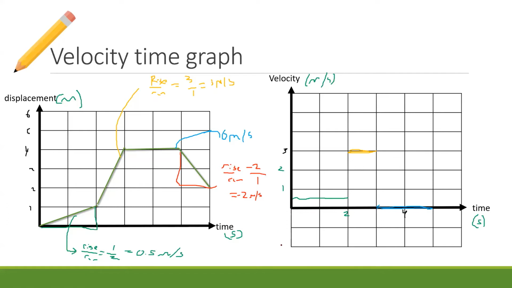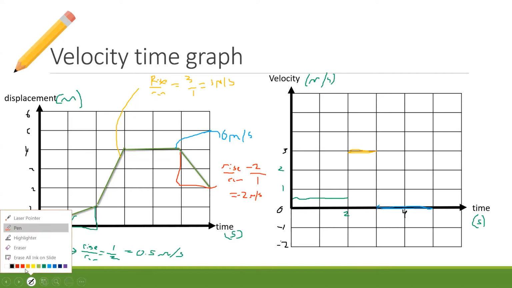So therefore we've got -2 meters per second, which means if I want to draw -2 meters per second, I need to go down, and that's why I got you guys to include this part here, the negative part. So therefore we're going to have a little line along here. And that is our velocity time graph. We can see it going forward at a certain speed, then it speeds up, then it stops for a while, and then it goes backwards at a fast speed.